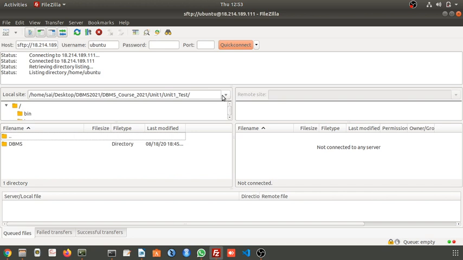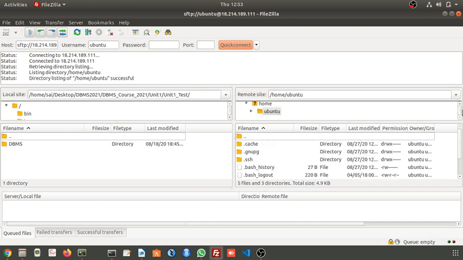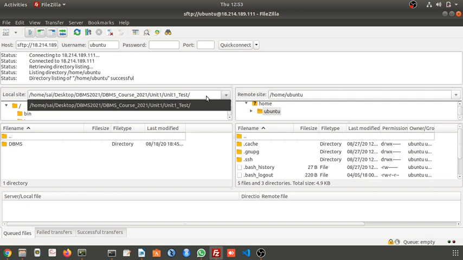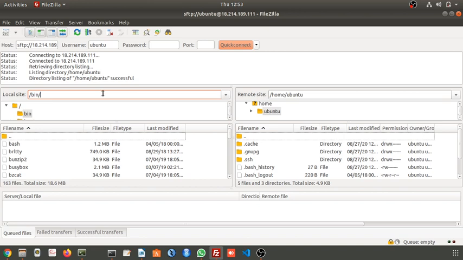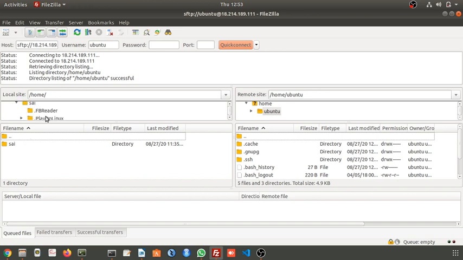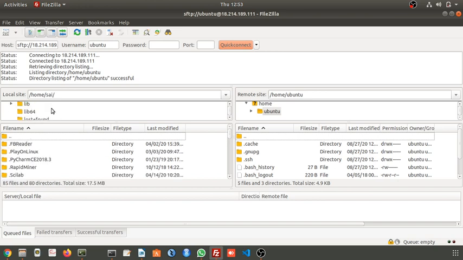Now you can see here, this portion is your local site, and this is your remote site. First you can scroll here. If I type slash, it means you are in root. If you click on home, you will see the home directory. In home, I have this Sai, and in Sai I have these many things.